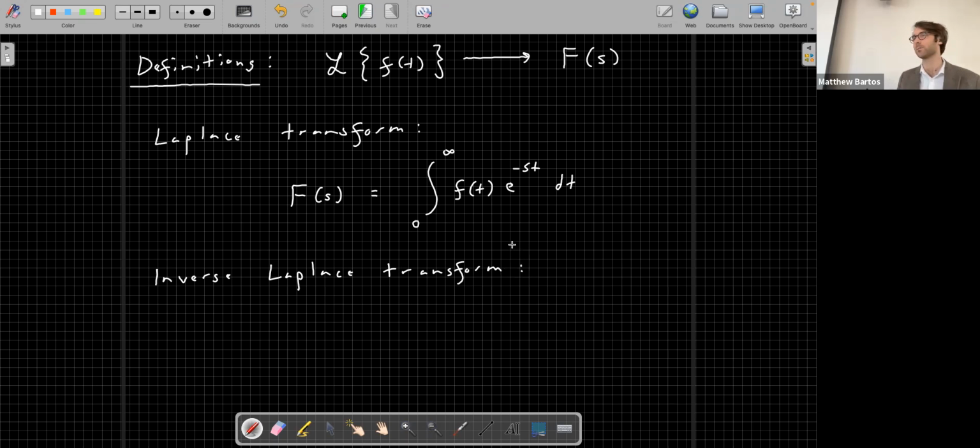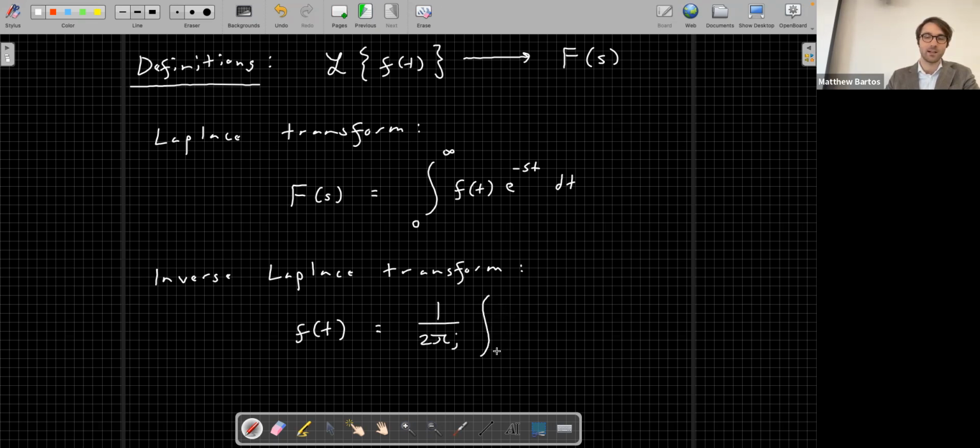What do you think the inverse Laplace transform does? Right, so we took it from the time domain to the frequency domain. We also have a method for taking us from the frequency domain back to the time domain. In general, this is more difficult to compute. So we'll show you some tricks for doing this, but the inverse Laplace transform is defined as 1 over 2 pi j, where j is the imaginary unit,